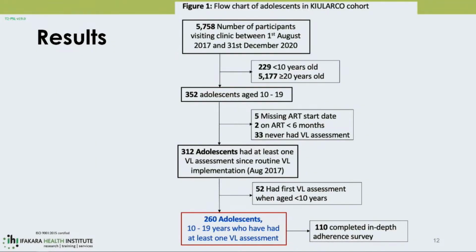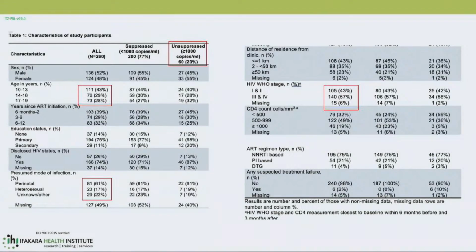So we ended up including 260 adolescents who fit all our inclusion criteria of age and time on ART before testing the viral load. This is a summary of the characteristics of our participants. Just to say a few points: 23% of our participants had virological failure, with viral load above 1,000. The majority were aged between 10 to 13 years, were perinatally infected, and had HIV WHO